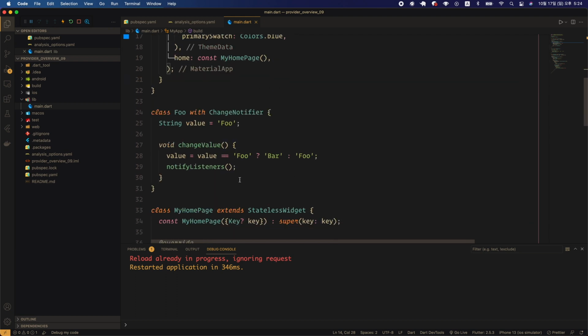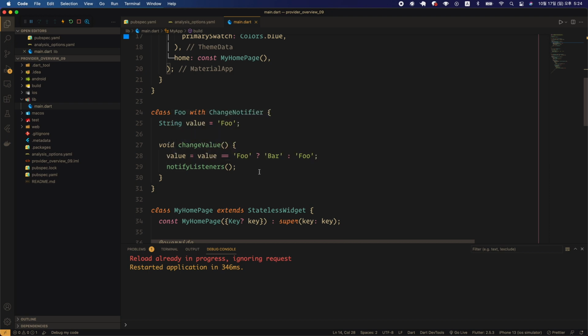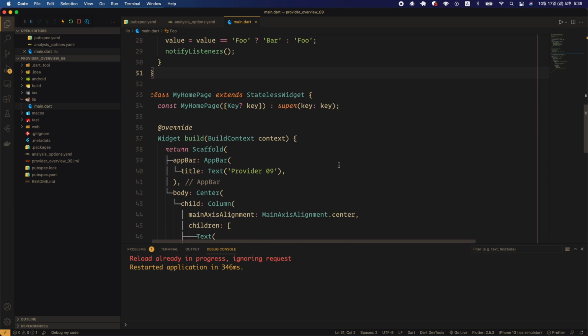Create class Foo and mix it with ChangeNotifier. Create a string type variable value that has foo as an initial value. Create a void type changeValue function. If the value of the value variable is foo, change the value to bar. If the value is not foo, assign foo to the value, and then call the notifyListeners function to notify the